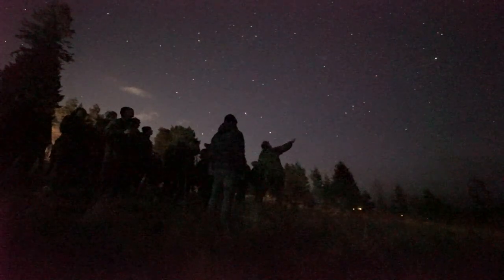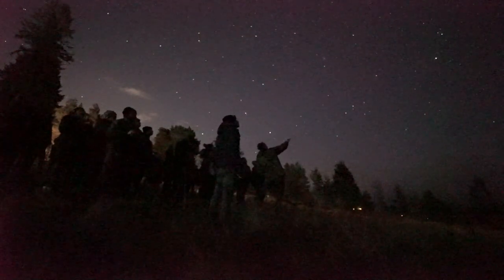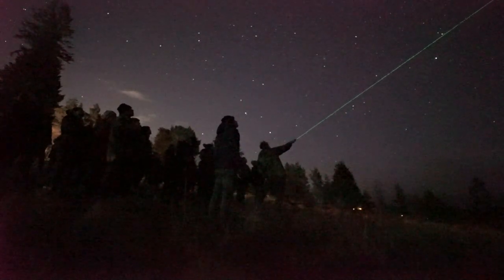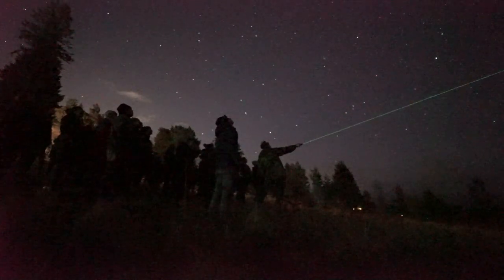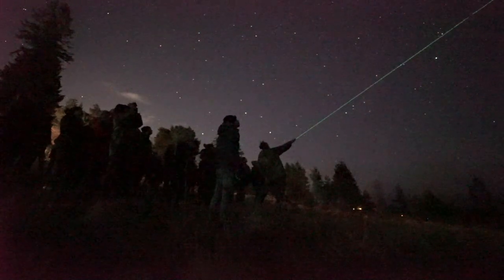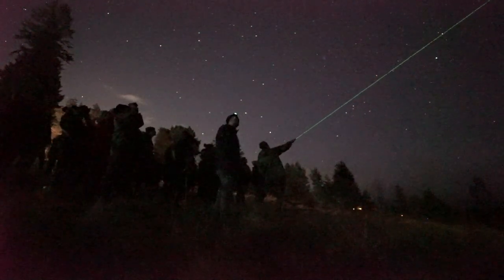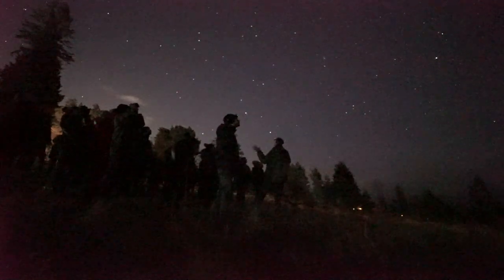One further thing in Orion, naked eye you might be able to discern a colour difference between this star and this star, for example. This is a red giant star, so it's nearing the end of its life. It's bloated out, its hydrogen fuel ran out, and it's